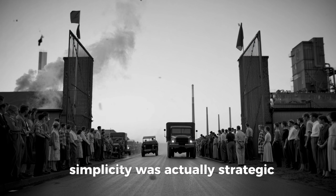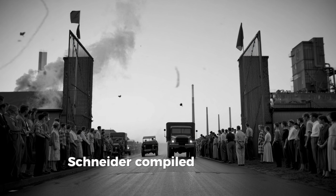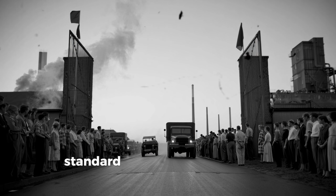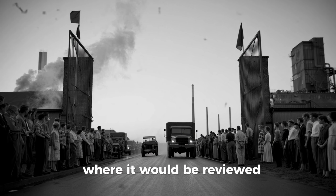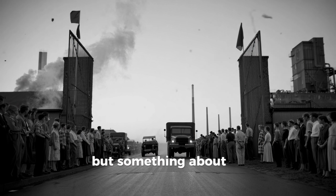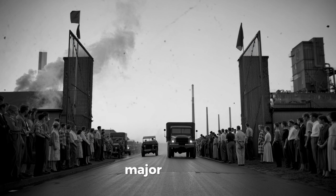Simplicity was actually strategic. On the 5th day of examination, Schneider compiled his findings into a formal report. Standard practice required him to submit it through channels to the Heereswaffen Technical Directorate, where it would be reviewed, summarized, and filed. But something about his conclusions troubled him enough that he requested a meeting with General Major Wilhelm